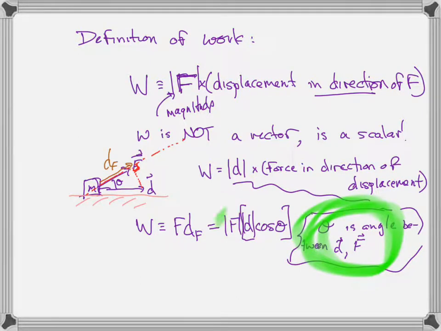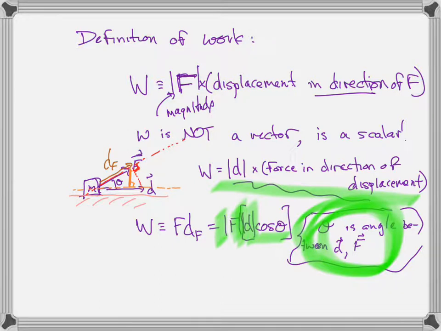Work is the magnitude of the force times the magnitude of the displacement times the cosine of the angle between the force and displacement. Now let's just show how that is also equal to this. And that is the magnitude of displacement times the force in the direction of displacement. Hopefully you can already see that this says, if I want to take the component of force in the direction of displacement, I have to put an axis along the displacement, drop a perpendicular from the force, and I know it's kind of hard to see in this case, drop a perpendicular,